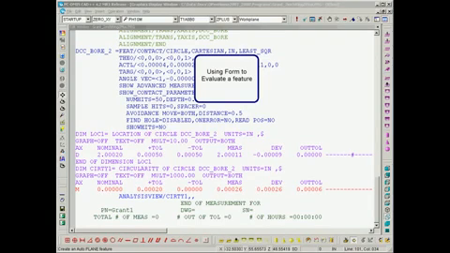Using form to evaluate a feature. One very reliable way to evaluate both a datum and a regular feature is to look at its form. You can be assured that the size that you measure cannot be any more accurate than the form that is